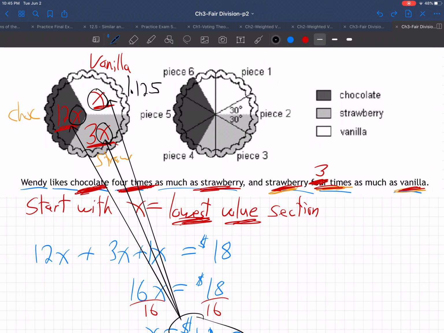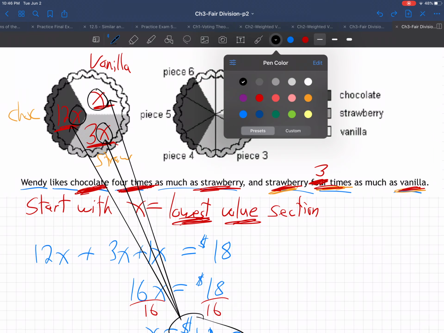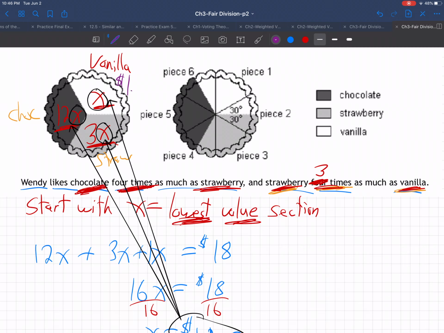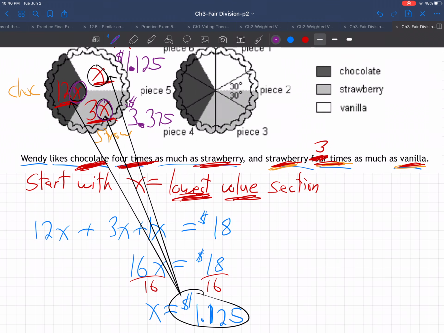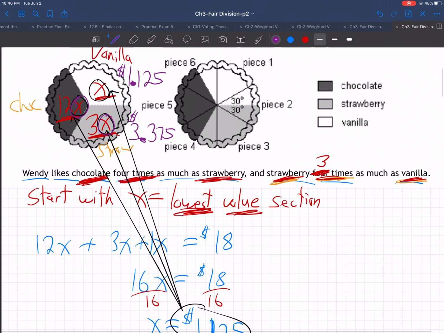Well, this one will just be 1.125. Leave those extra digits. And here it's going to be plugging in times 3. 3 times that comes out to be 3.375. Again, leave those and then plug in for x here. 12 times x. 12 times 1.125 comes out to be